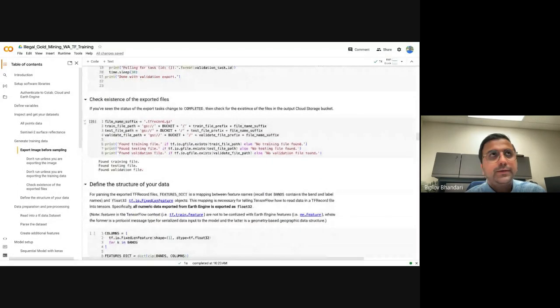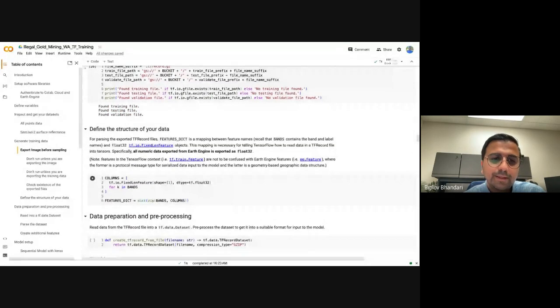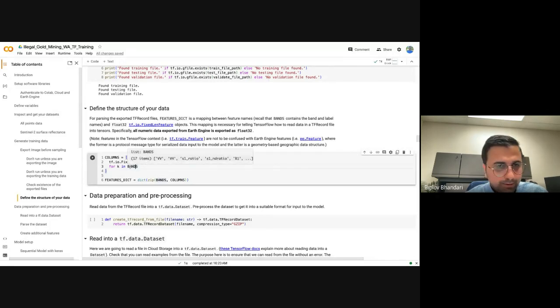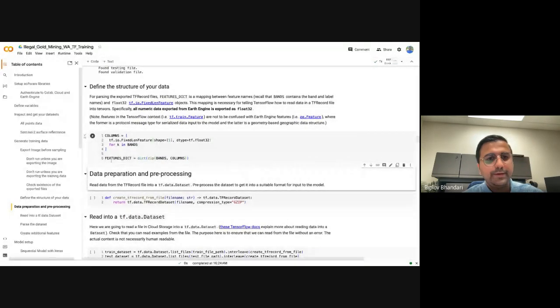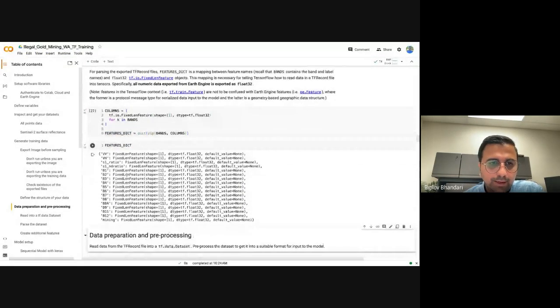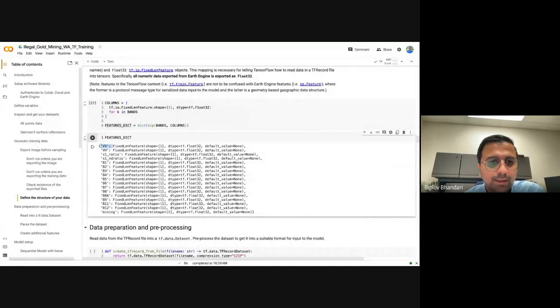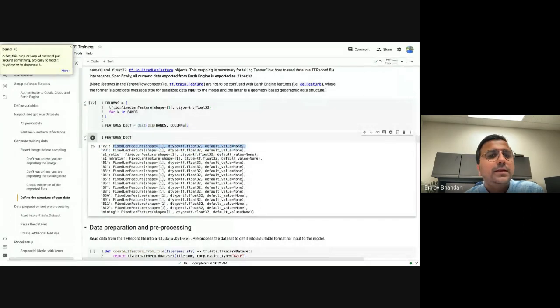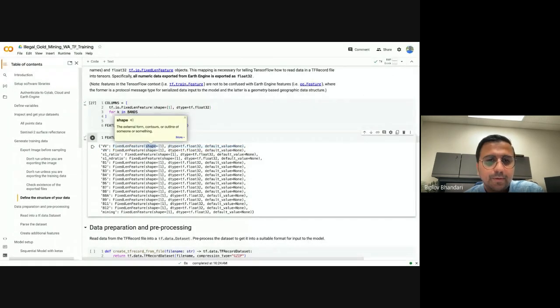But if you are using, for example, a convolutional neural network, then you'd have a different dimension. You'd probably have a 2D dimension, but in this case it's 1D. And then we're saying that each of these would be a floating point value. Let's go ahead and do that. If you run this, you have a dictionary where your keys are the bands, and your values are something that TensorFlow can understand, which has a 1D shape and a data type of float32.